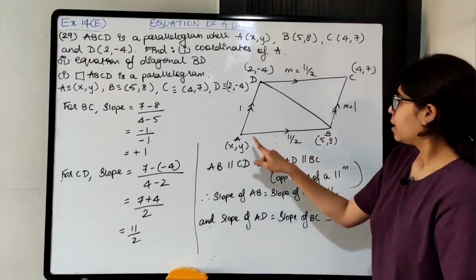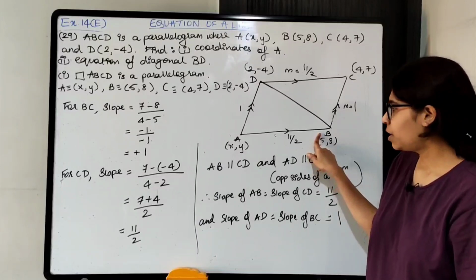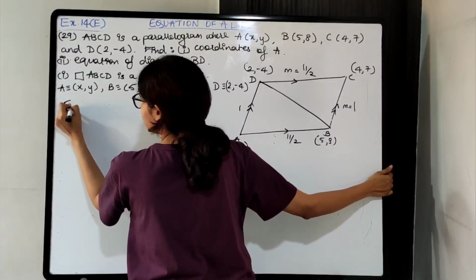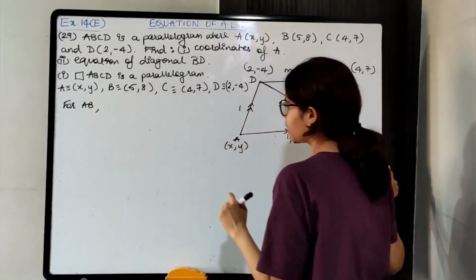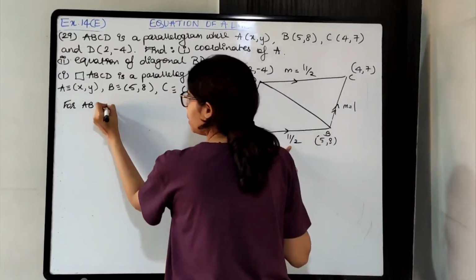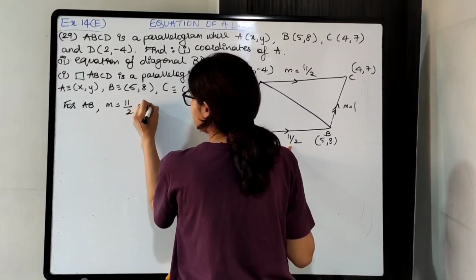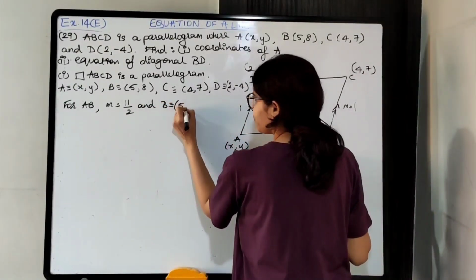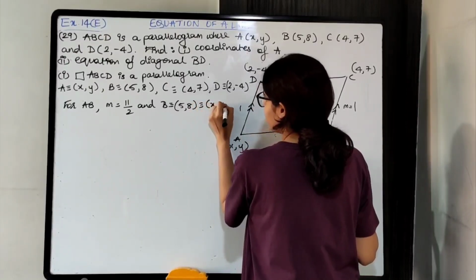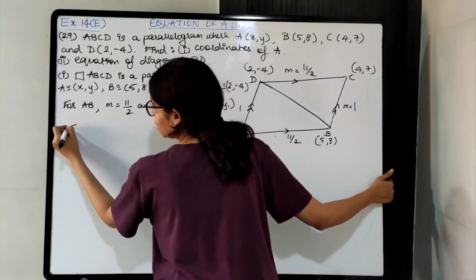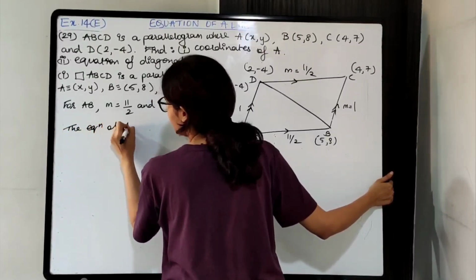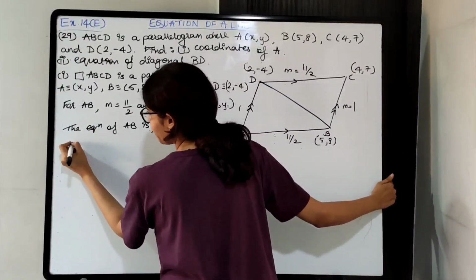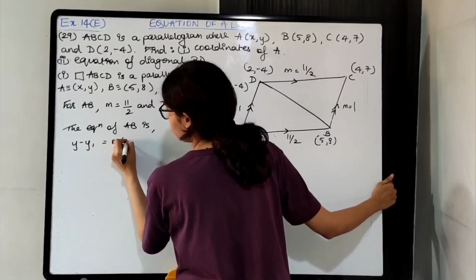Okay. Now for AB we'll find the equation first. Okay, we have slope, we have 1 point of coordinates. Then we'll find for AD. Same condition. Okay. For AB we have slope. So write down m is 11/2 and B का coordinates we are going to take as x1 y1. B is 5,8. Take it as x1 y1 and apply it in the formula. The equation of AB is, no short forms, use full words. Okay, y minus y1 is equal to m into x minus x1.